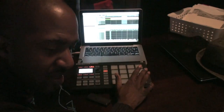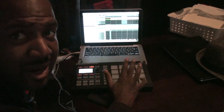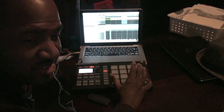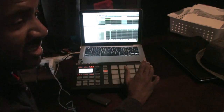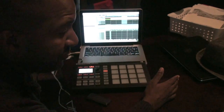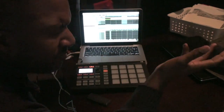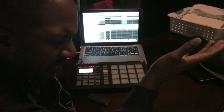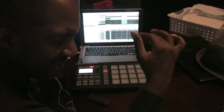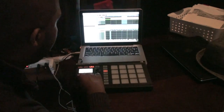A lot of beats don't have B sections, don't have changes. So what I try to do a lot, if I feel it can add to the beat, I will change the beat up and actually make what would be considered an R&B bridge. So with this, I basically just raised the level of the bass, not so much changing key, but just changing my pattern. And I switched the sample up and came up with